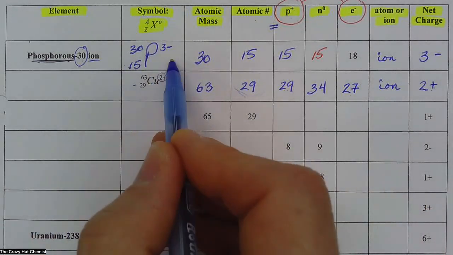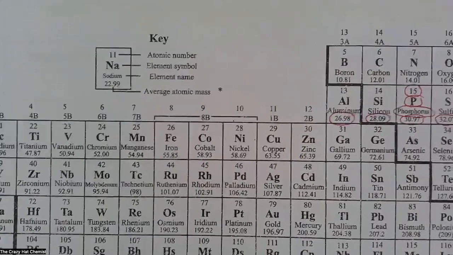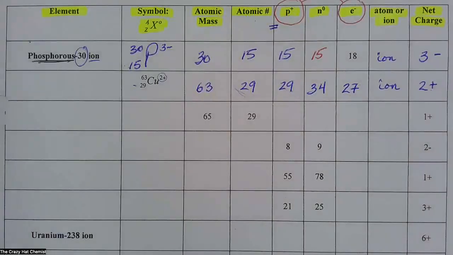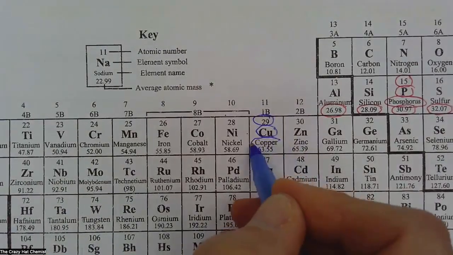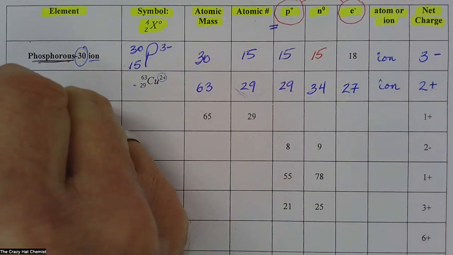Now this is much faster than the phosphorus that we had before, because we are actually directly looking at just number 29. That is a Cu. That does correspond to that symbolic notation that was given there. And the name of this element is copper. All right, so we're going to write that down, copper